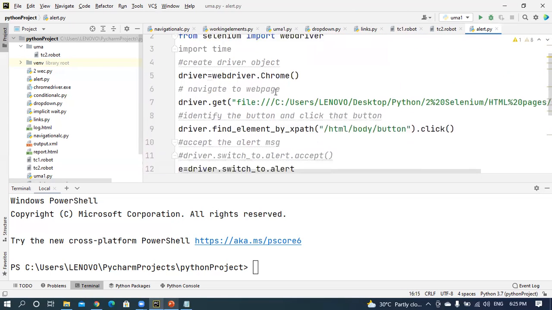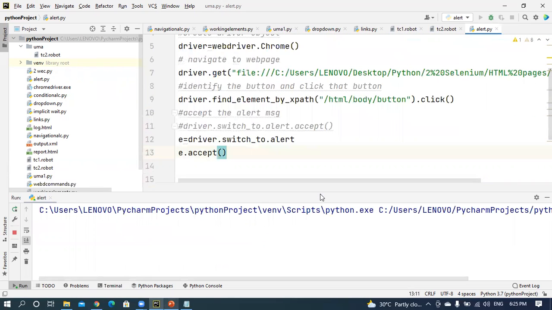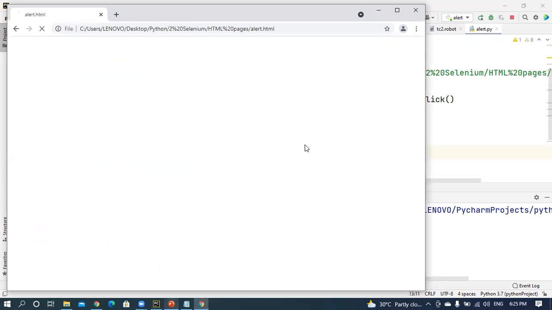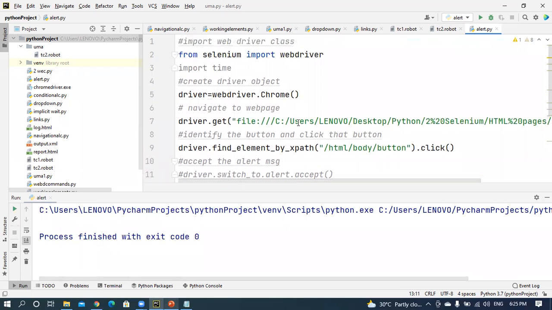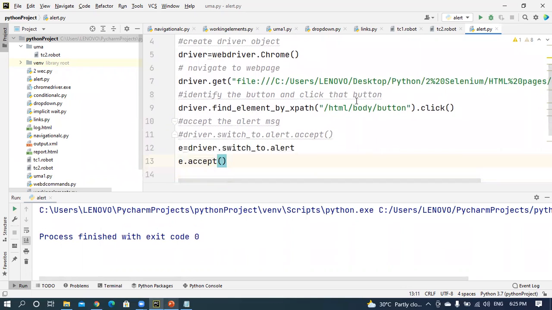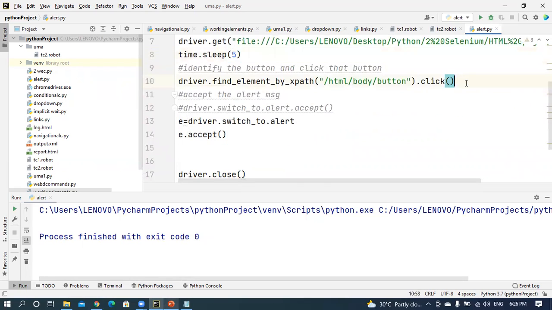First, execute this one. If I run this program, it opens the window, clicks the alert message and then accepts it. That happens in a fraction of a second. So for that, I'm going to use time.sleep, that means wait for 5 seconds after clicking the element.